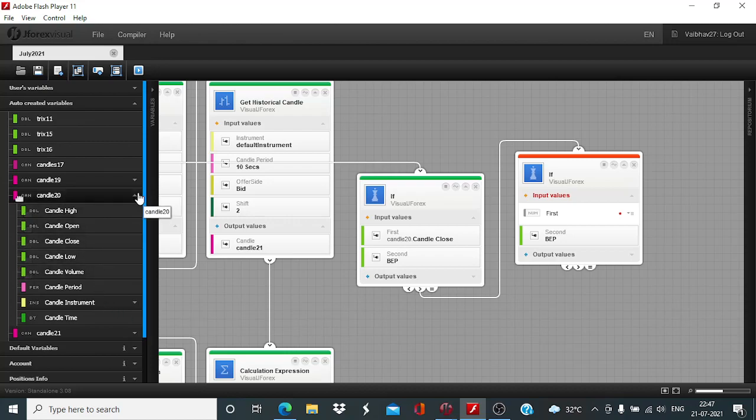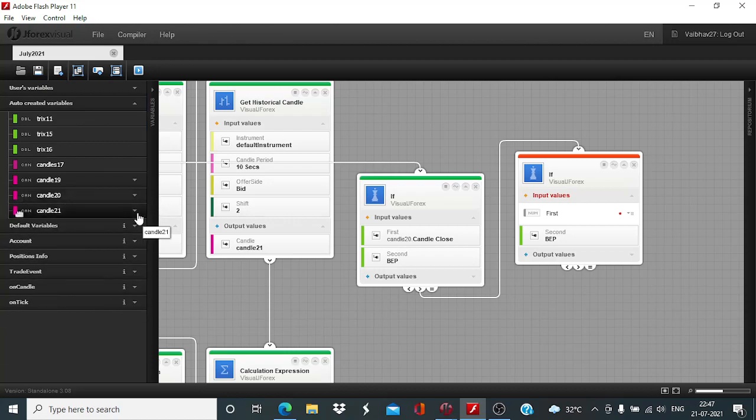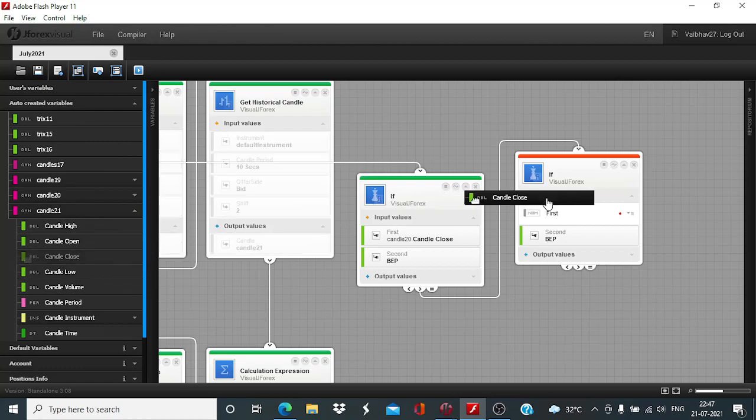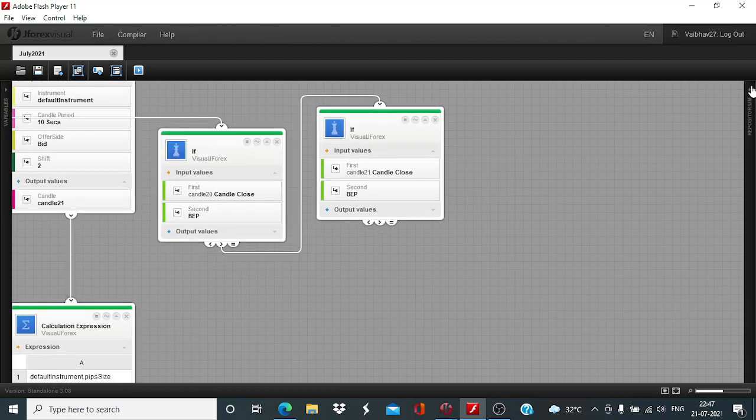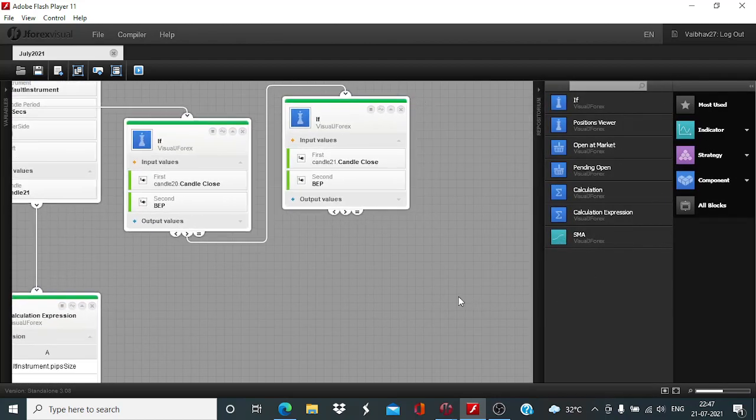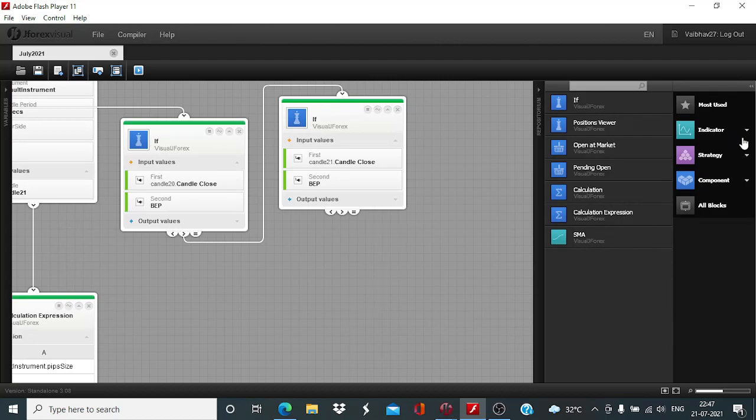Okay, and candle 21 candle close should have closed lower,